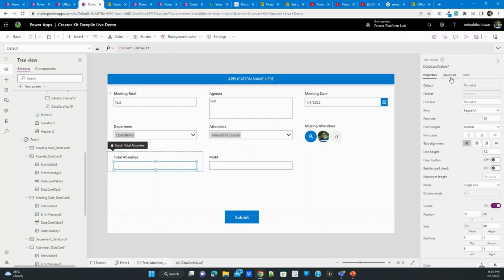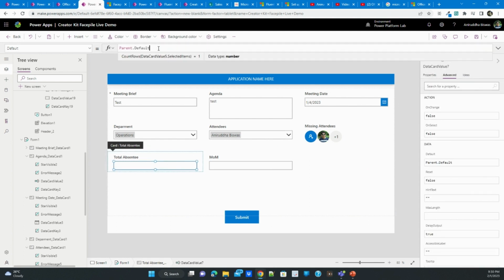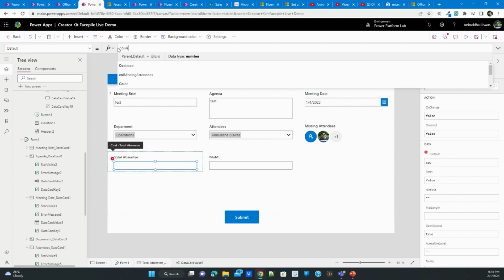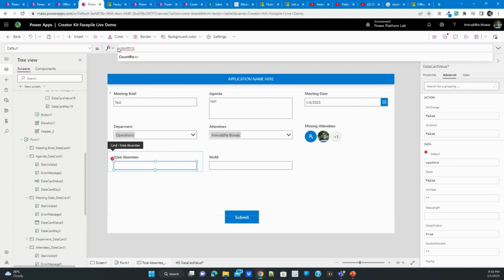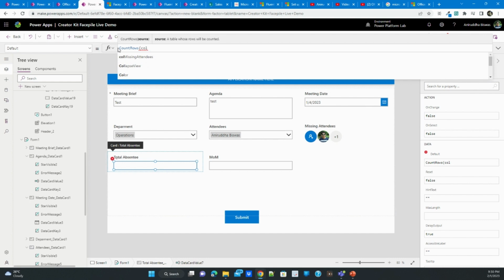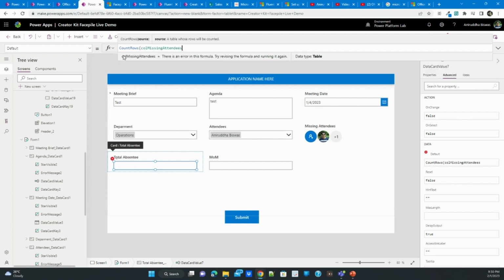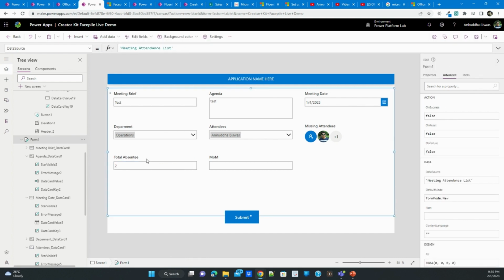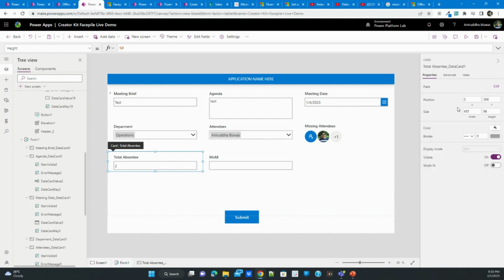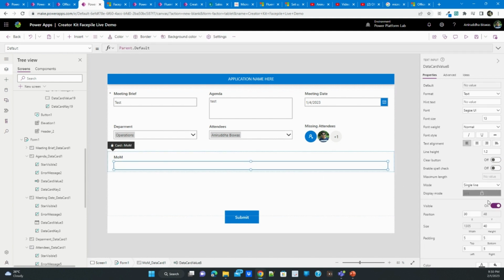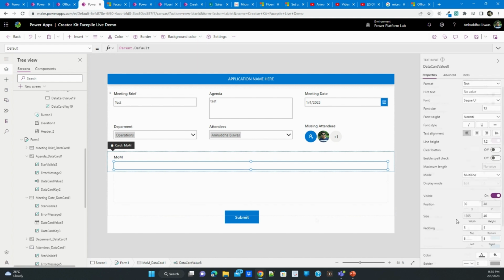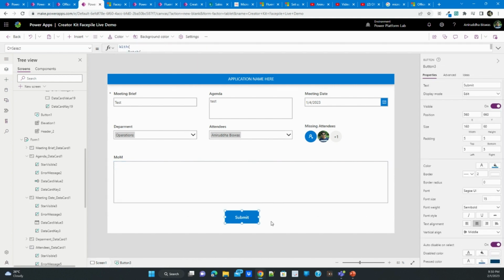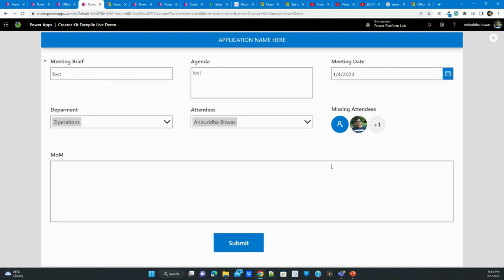So here also we'll put, so call missing attendees again. See, it automatically comes. So all these things will be hidden. It will be good to keep them in the master list, so that is the reason I have kept it. Of course you can make all these changes however you want to do. So now if I submit the record,